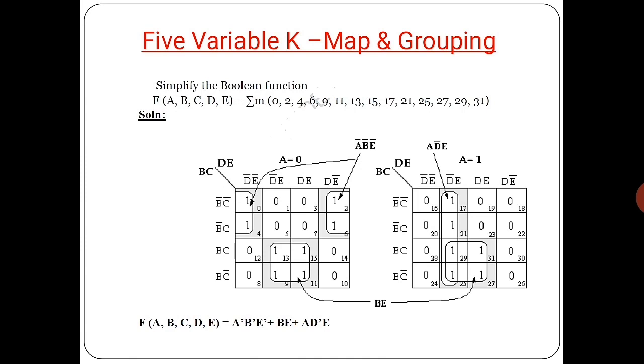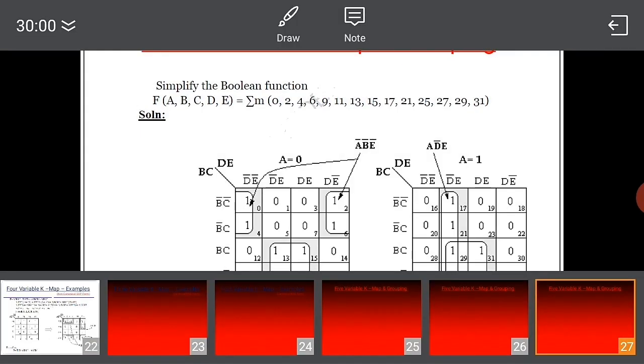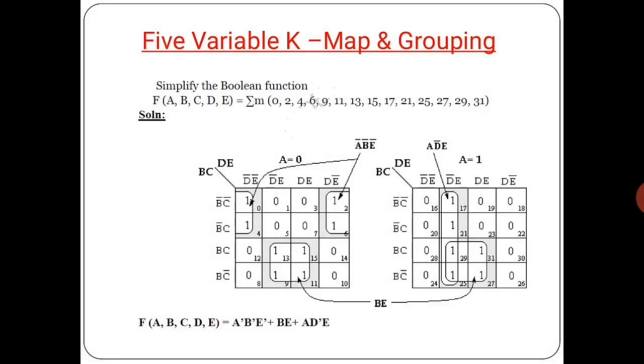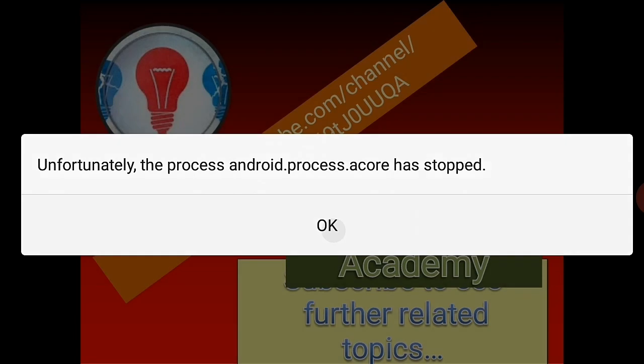And also we are going to look at the leftmost Karnaugh map, where we have only one quad grouping. This same quad grouping is not available in the rightmost Karnaugh map. So we have to take the common variables, and also for the left side Karnaugh map the A value also: A bar into B bar into E bar, and write down the same for the next one also. So you can see, this will be the final Karnaugh map grouping for the 5 variable.